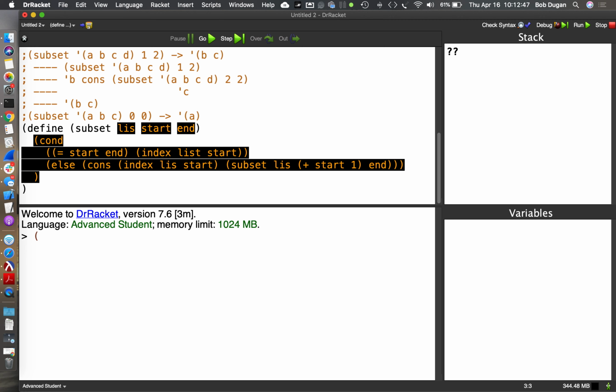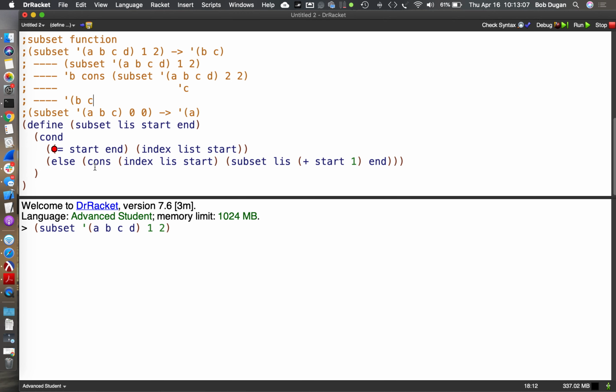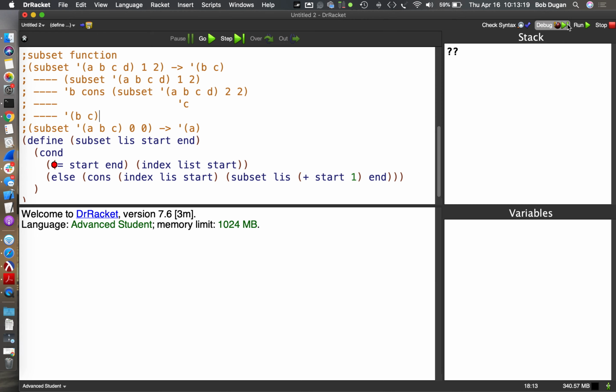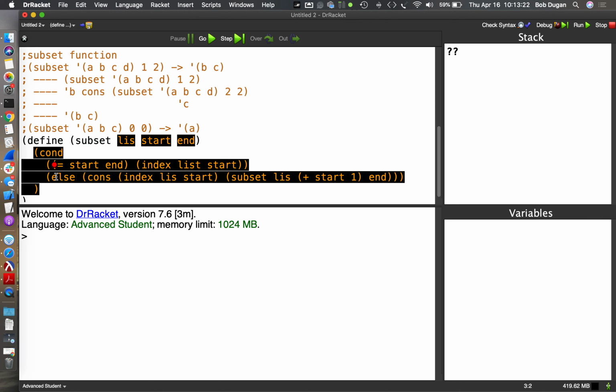So we're going to say subset of, I'll just copy this. All right. Pause at this breakpoint and, ugh. Okay, let's try this again. Debug. Set 2 breakpoints